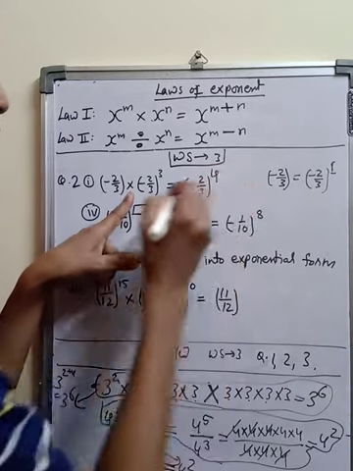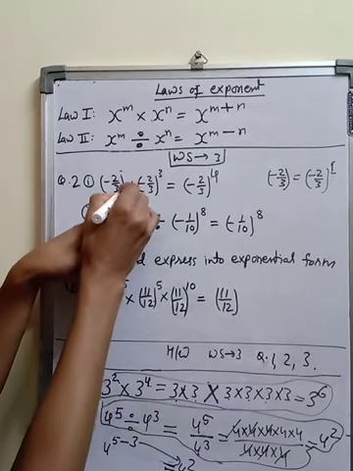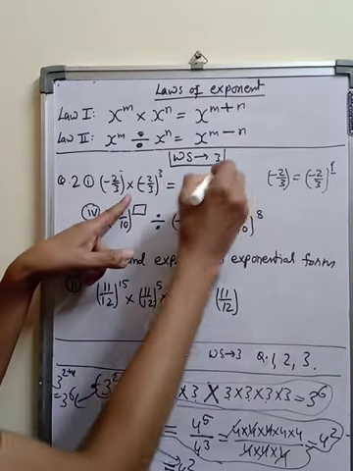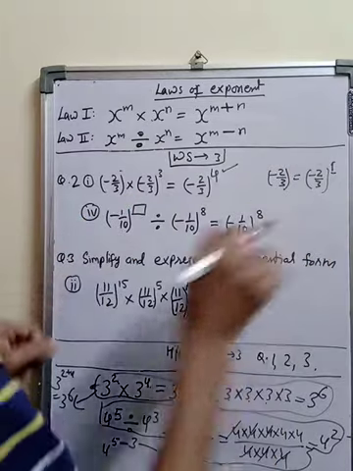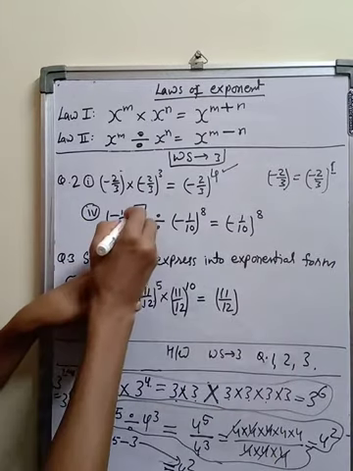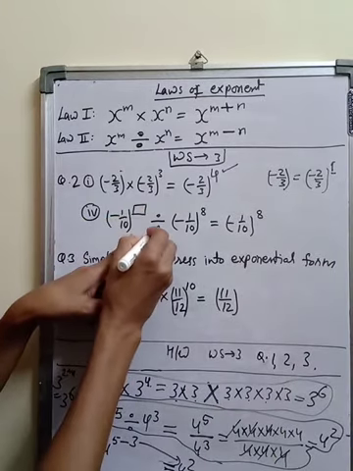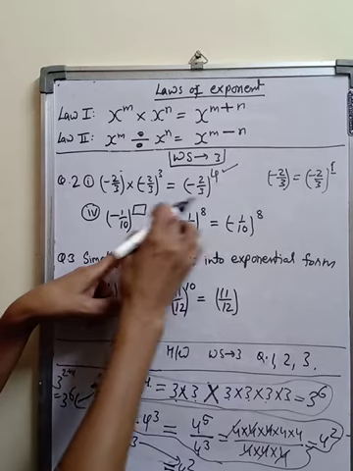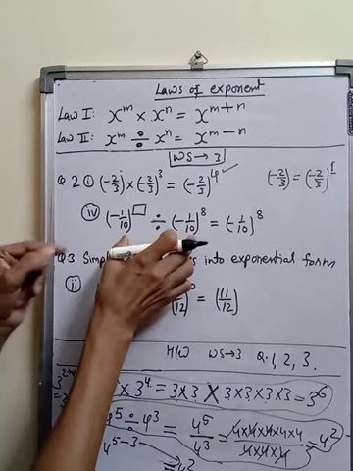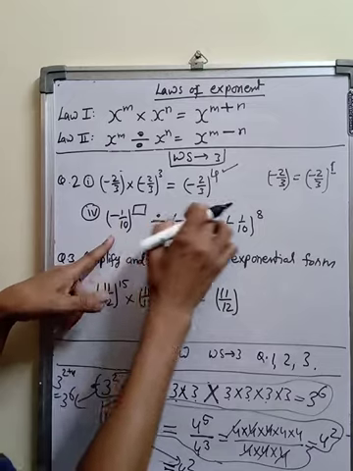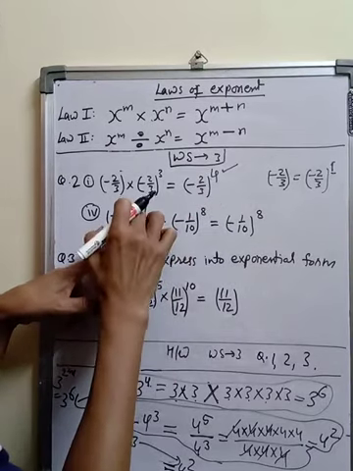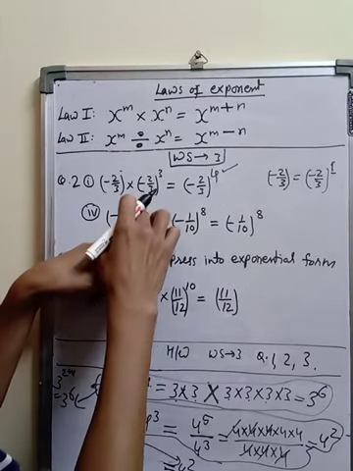So minus 2 upon 3 to the power nothing means minus 2 upon 3 to the power 1 is there. Means the power here is 1. And here is multiplication, so we will add 1 plus 3. What answer will come in the fill in the blanks? 4. 1 and 3 in multiplication, so 1 plus 3 is 4. So this is our answer.